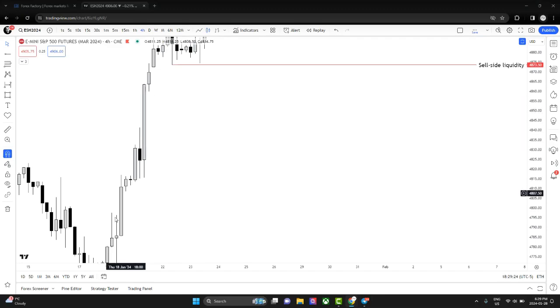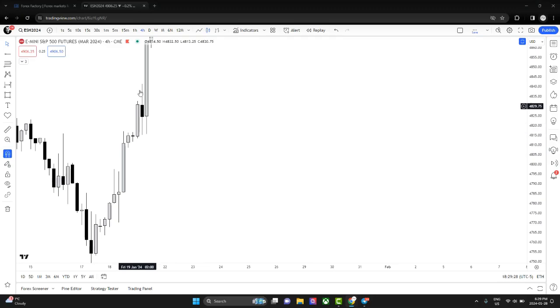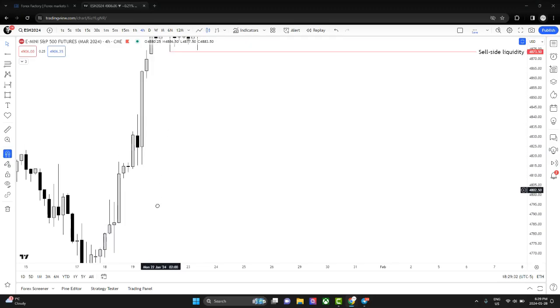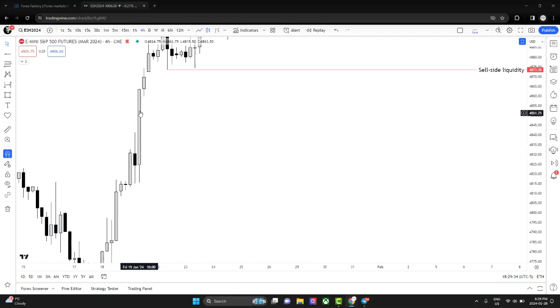This is not an order block. An order block does not have an imbalance above and below it, right? So this is a low probability order block. And look at the wicks. The addition of the wicks together is larger than the body itself. That's not an order block right here. So I wouldn't be buying this if price gets here.